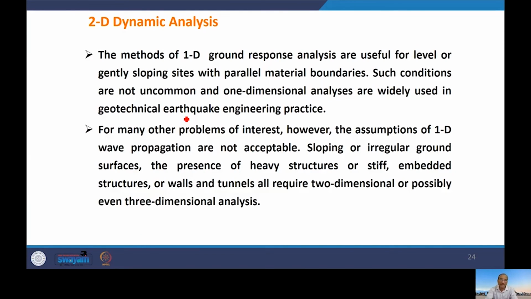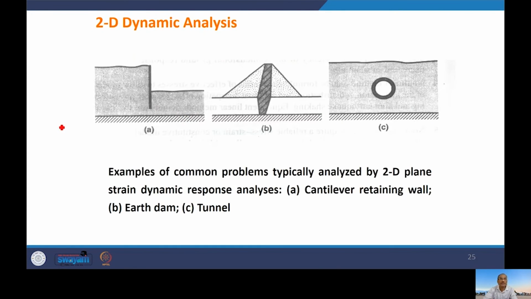Then 1D ground response analysis may not be acceptable, and we need to go for two-dimensional or possibly even three-dimensional analysis. Let's see what are the situations where 2D or 3D analysis is kind of a must. So these are some of the examples of common problems typically analyzed by 2D plane strain dynamic response analysis. When you say plane strain, that means one of the dimensions is very long, and for example, can happen in